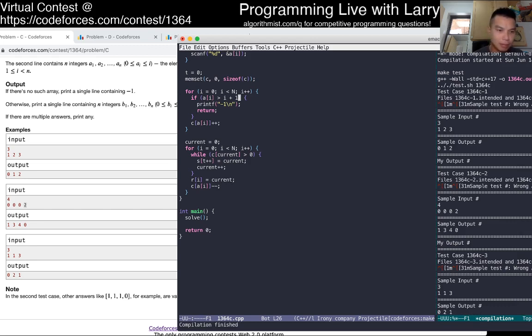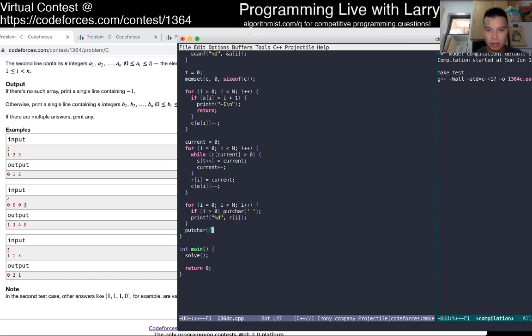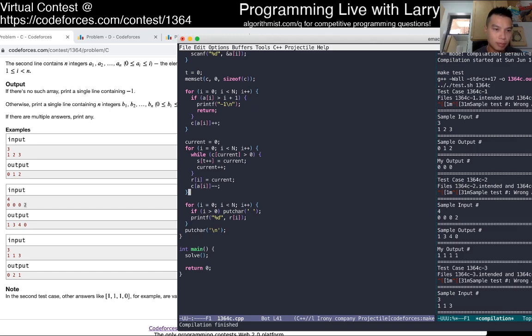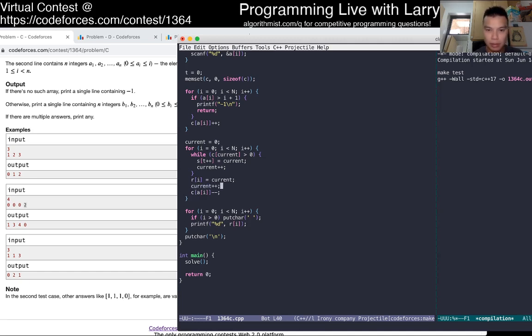I don't print anything. We really need to put this in a helper or something. Seems fair. Okay.